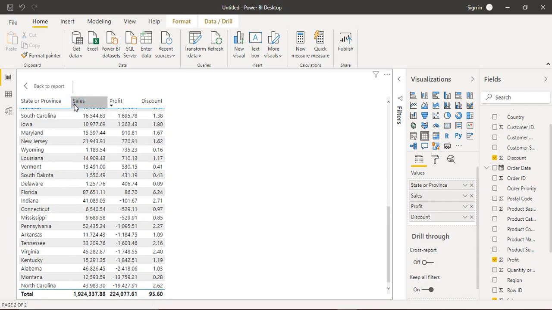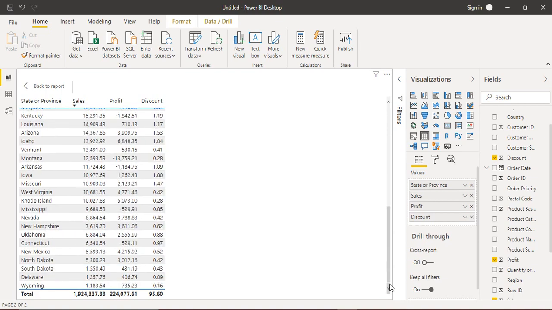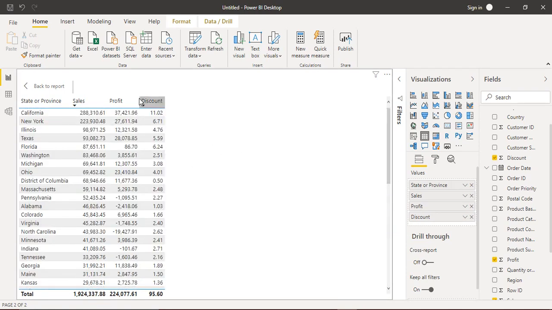Similarly, if you want to arrange with respect to the sales, you can see that it is also arranged in that format, that is the state in which the most sales were made is present at the top, and the state where the least sales were made is present at the bottom. Similarly, you can also sort it with the help of the discount.